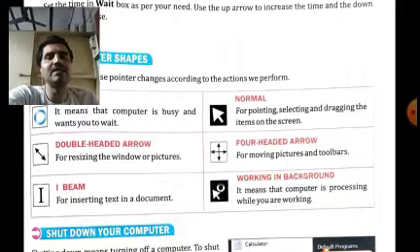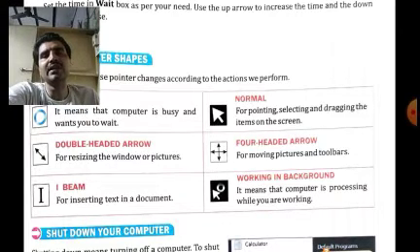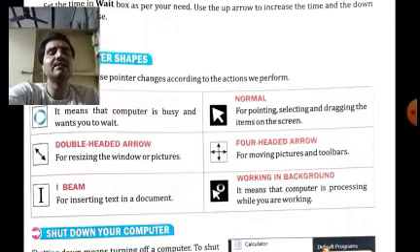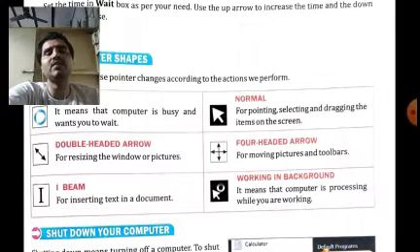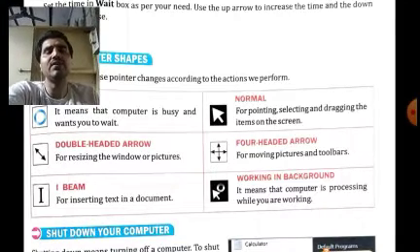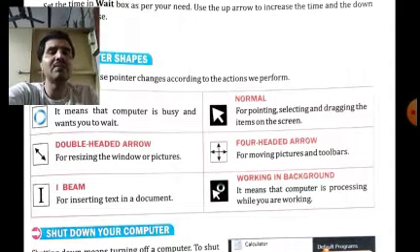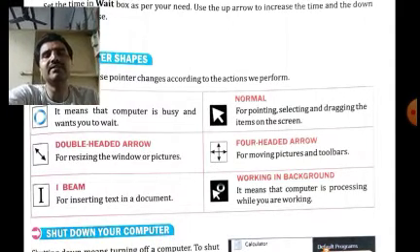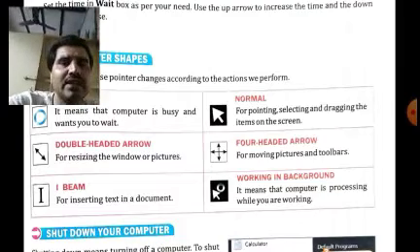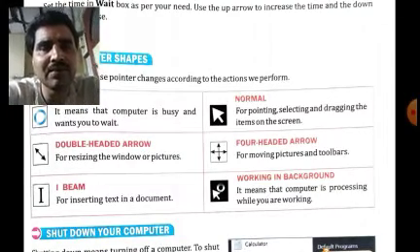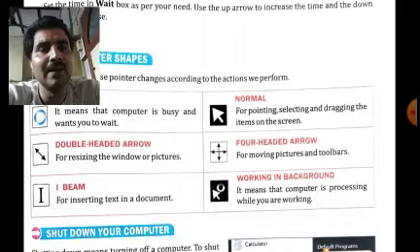Whenever there is some program running in the background, it means that process is not active. That process window is not displayed on the screen. We are not working actively on that program on the screen. We have not opened that program actively, but it is running in the background. It is not shown to us. That program is hidden, but it is running in the background.